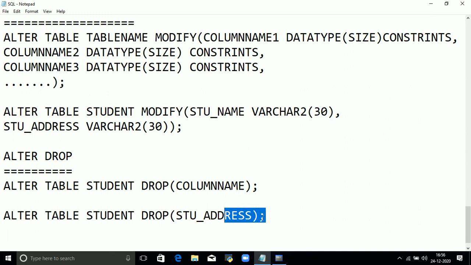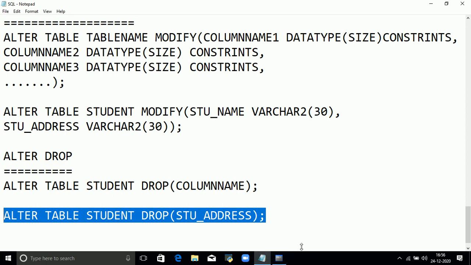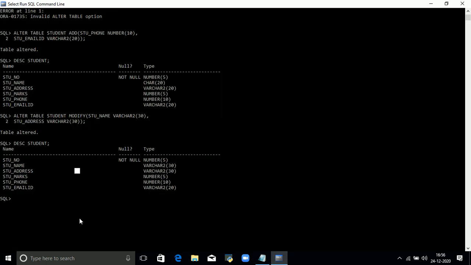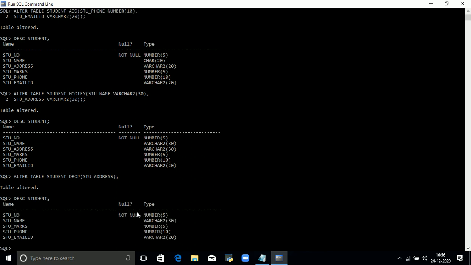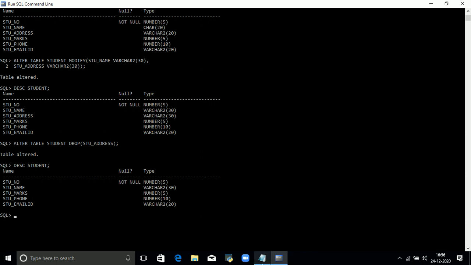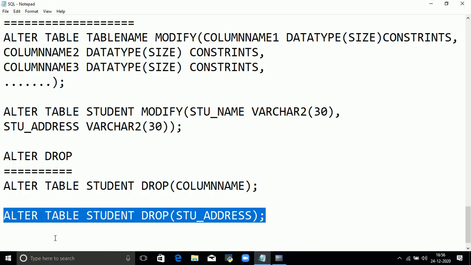Just execute this command. The table is altered. Now see the description, DESC student. In this, the address column is deleted from the table. So this is alter table.